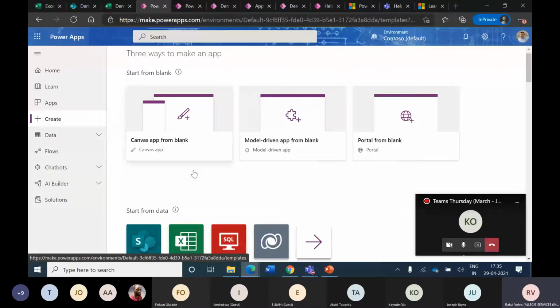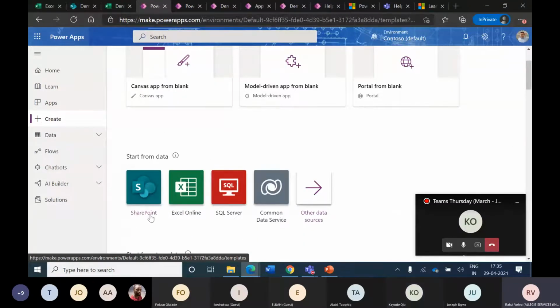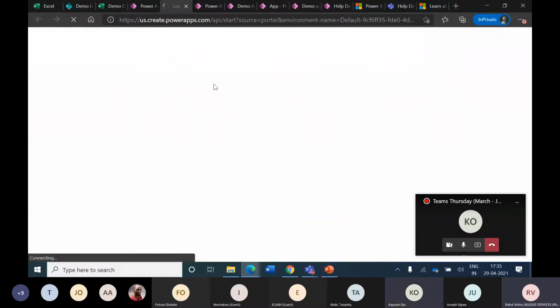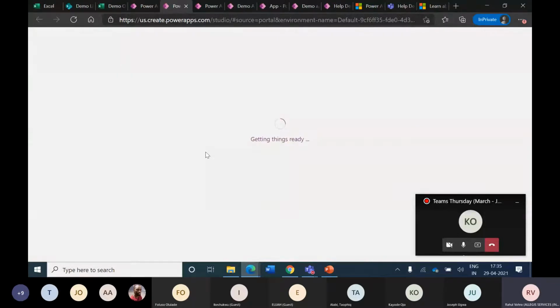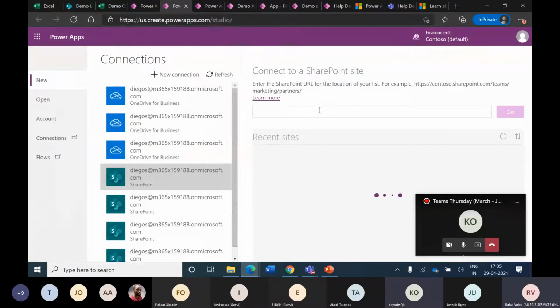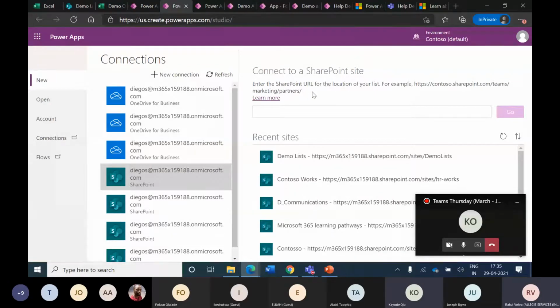Yeah, so readily available options are here: SharePoint, Excel. So when we say SharePoint, by default it expects us to provide a SharePoint list. Yes. Okay, list.